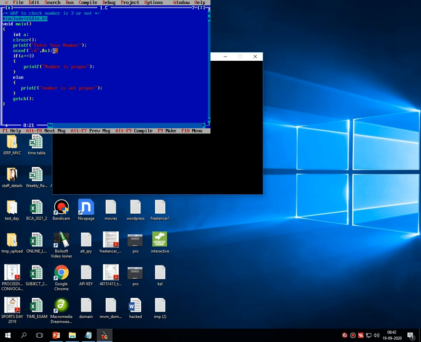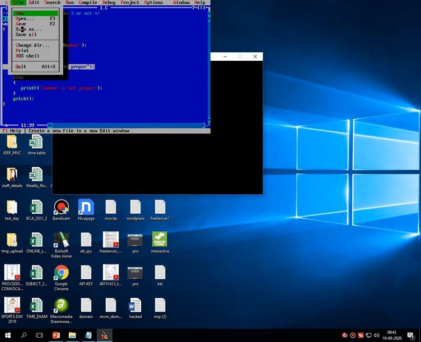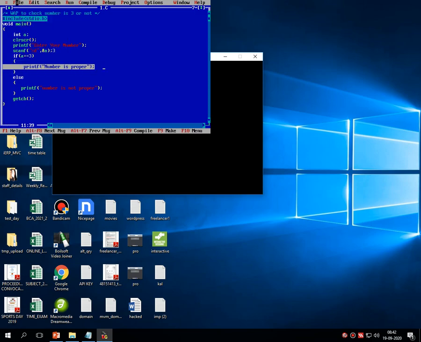So in our test case for the dry run table, with 2, this condition becomes false. We have entered 2 which is not equal to 3, that means this condition is false in our case. So it returns the else part as a message, number is not proper. Again I have rerun the code, and instead of this 2 I have entered 3. So this 3 is going to be checked with the right hand side value 3. This condition becomes true and it displays number is proper, right? So this program works perfectly in a C compiler.